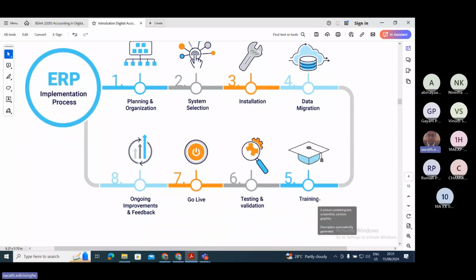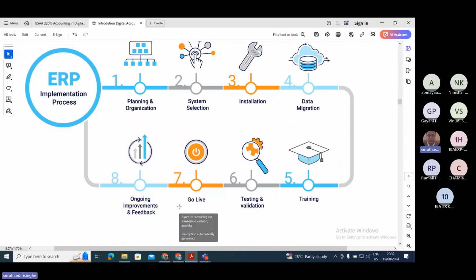Training the employees and management is a very important part. Then testing and validation: whether there is any error report, any mistakes, any incompatibility with the existing results, you have to test, validate, and correct,